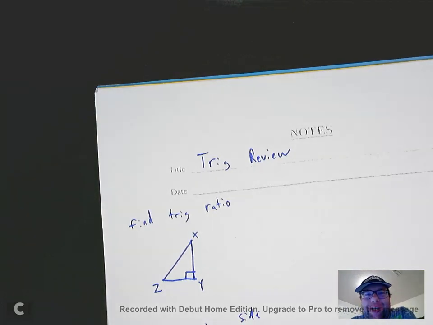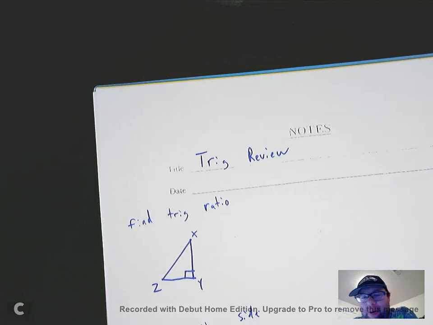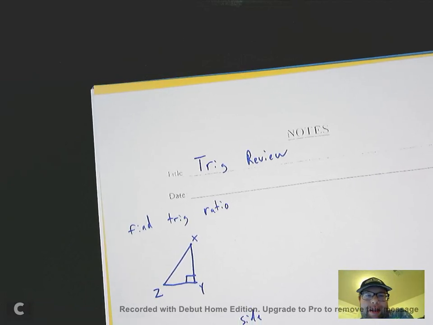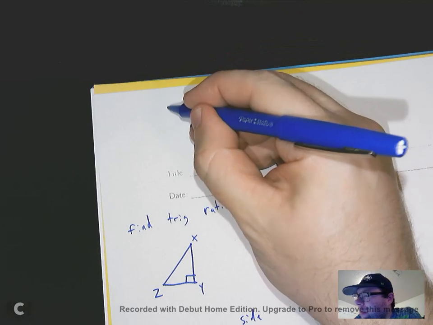We are going to just do a quick review. This will be a short video on some of the trig things that we solved for. I'm not going to go over everything because, again, this is just reviewing, and there's a lot of individual pieces that we went over. So, biggest thing with trig, you guys got to remember is